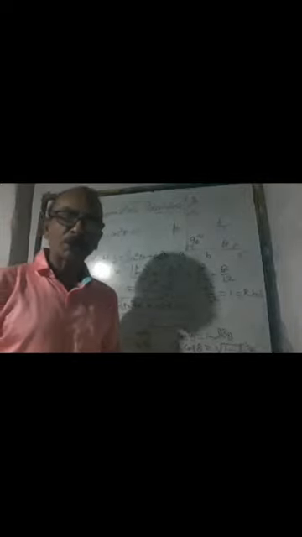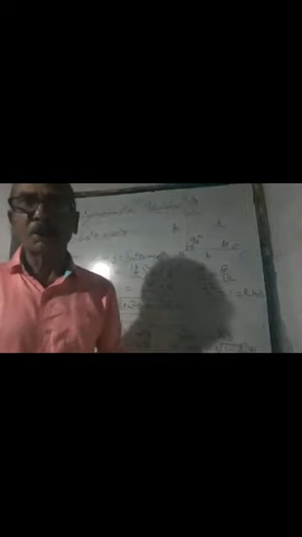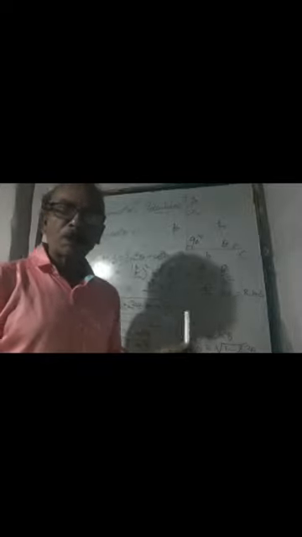So this is the first identity with proof I have just made you understand, right? So you have understood this one, that sin square theta plus cos square theta is equal to 1. Now the second identity I am going to discuss, I will be proving that one also, and the third identity I will be giving you as homework. You will try yourself using the same facts, that means using the basics, and you will get the result, right? So the second one I am going to prove, and the third one will be the assignment for all of you. And the second one is that sec square theta minus tan square theta is equal to 1. So this is the second one.